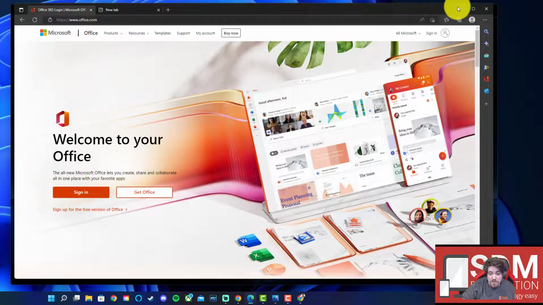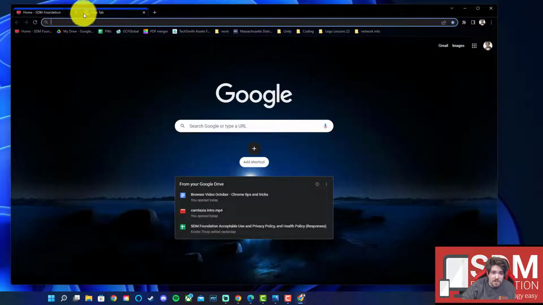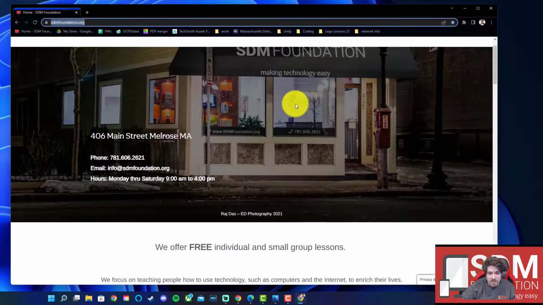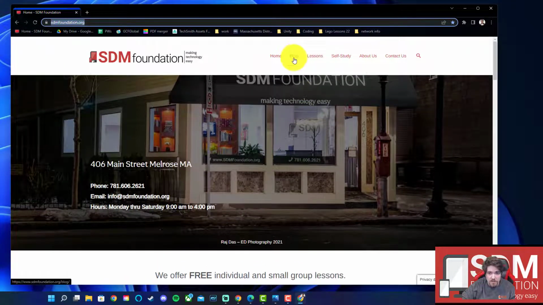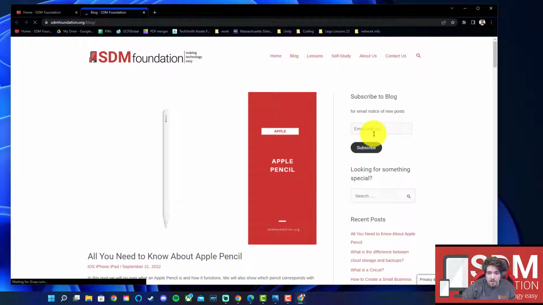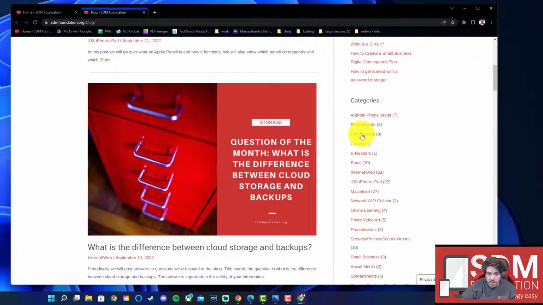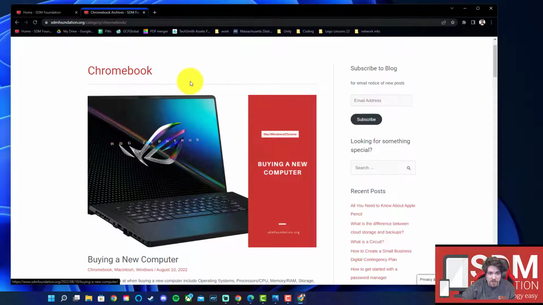So this is something important to understand, because it is a great way to maximize your time while using the computer and browsing the internet. So let's just say, for example, I wanted to take a few things from the SDM Foundation and save them together. So let's see. Why don't I go to Chromebook as a category in our blog,